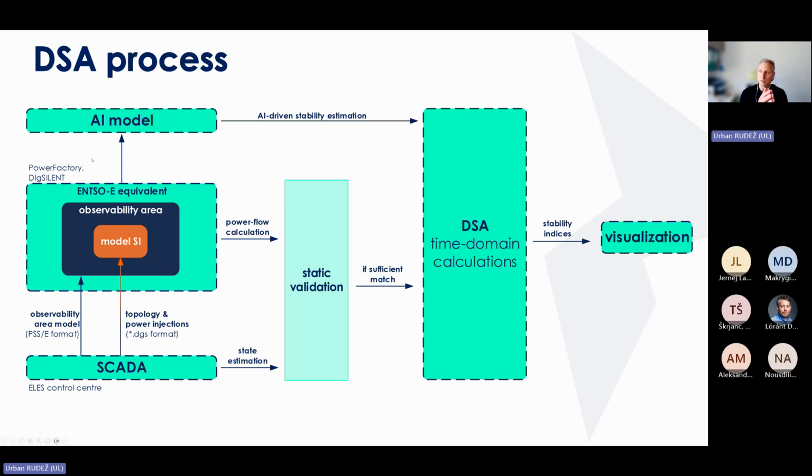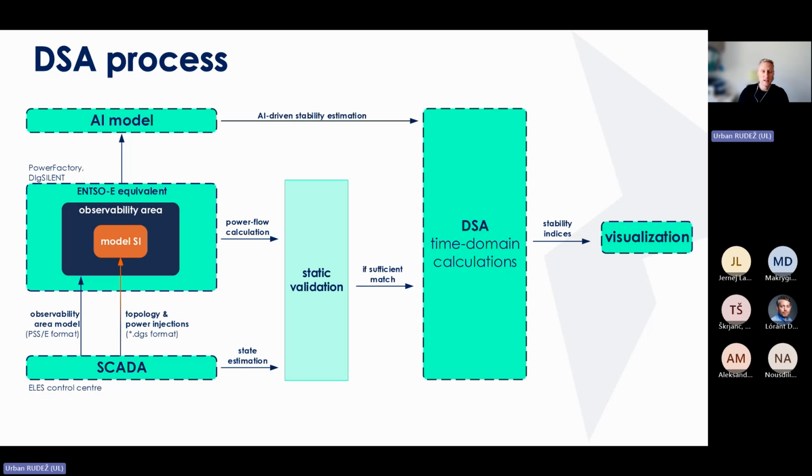Slovenia is quite a small country. So this orange part, this SI model, is a model within the Slovenian national boundaries. It's detailed. We have a lot of information about it, but it's not enough to help us understand what the dynamic response of our network will look like whenever there are some serious faults. So this is why we needed to extend this model beyond our national borders and to include the observability area as well.